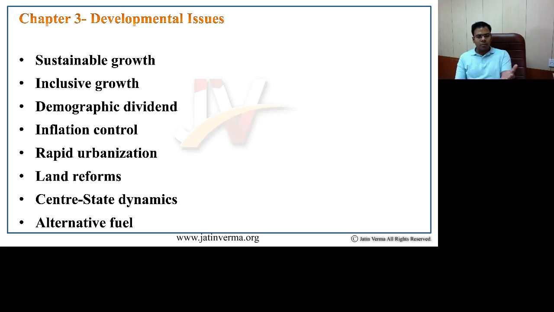So here the government has come up with policies such as the Smart City Mission, and individual states as well have various missions to ensure that developmental planning ensures steady urbanization which is well planned, and hence the people who are going to urban centers get the maximum benefit out of it.